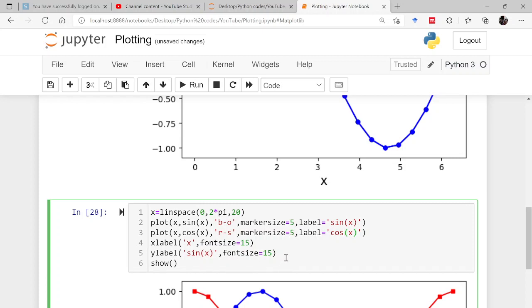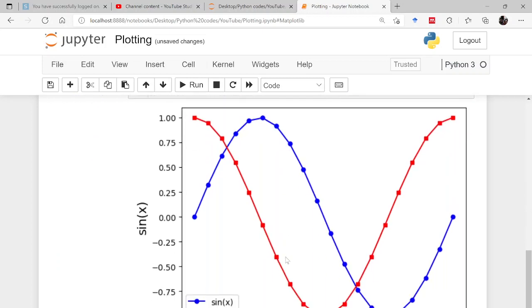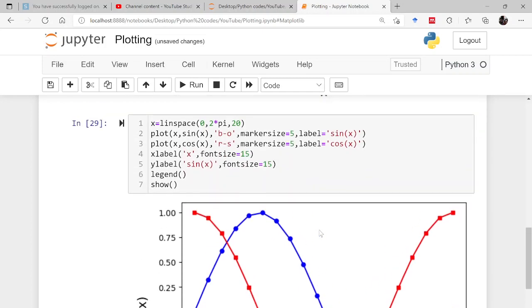And finally, you should call legend like this, and then you will be able to see legends. So this blue is of sine, this red is of cos. In this way you can plot multiple graphs on the same figure.